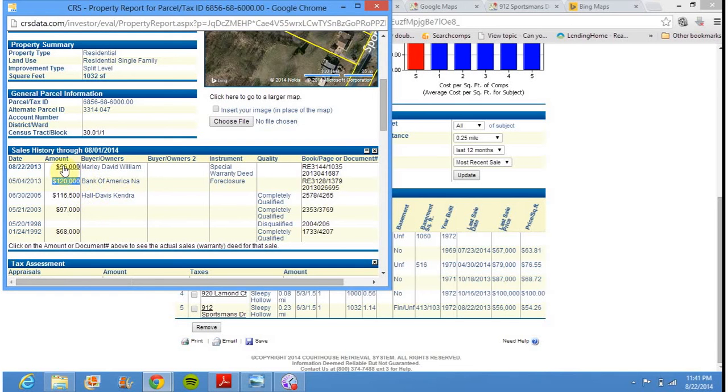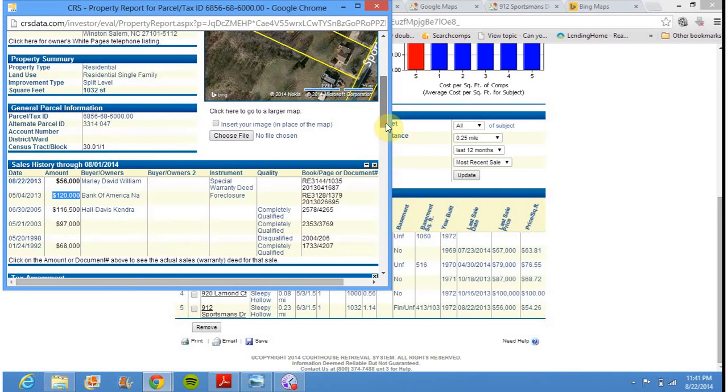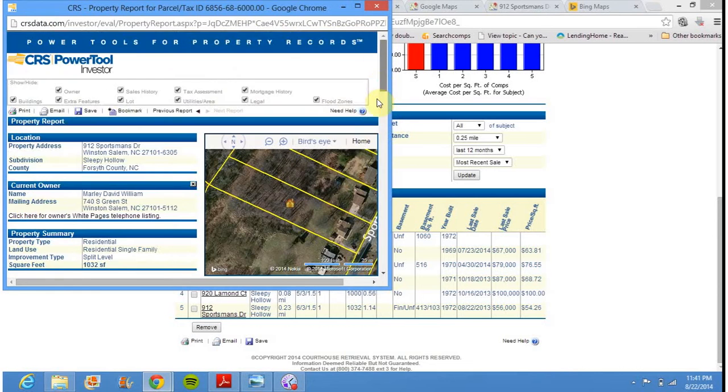They took, what is that, almost a $64,000 loss on that house. Whoever bought that house got a killer deal. Seriously, that's such a good deal. But really,